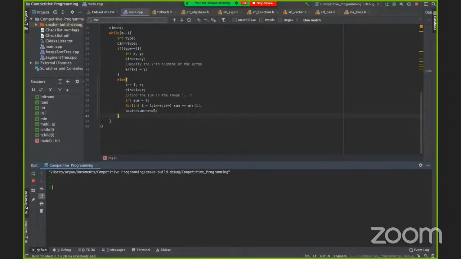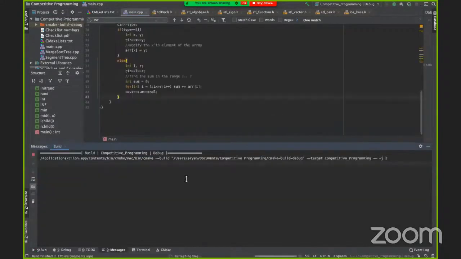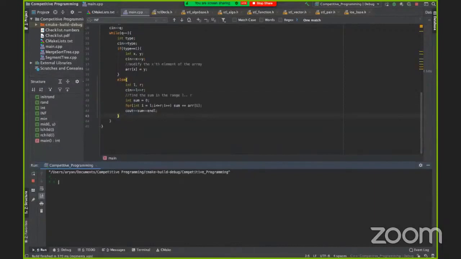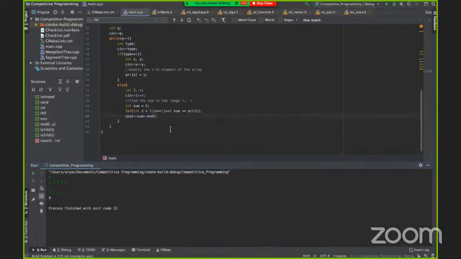Let's query for, my bad, I'm just going to run that again. So n is equal to 5, the elements are 1, 2, 3, 4, 5. You have 3 queries. The first query is of type 2 in the range 1 to 3 and prints 9, which is right. Cool, so this pretty much works.